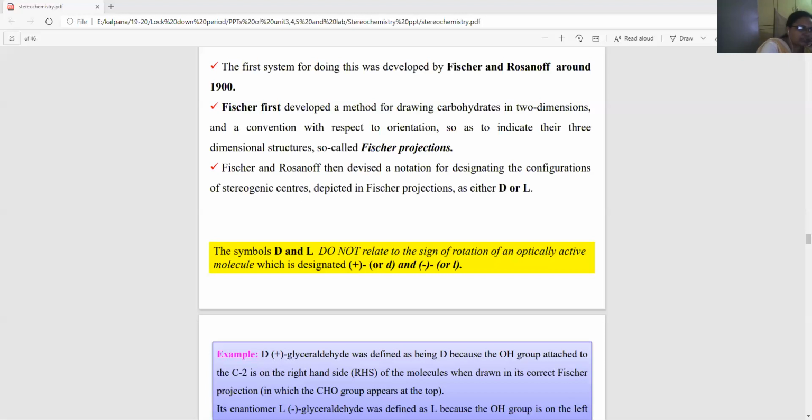Eclipsed part comes at 120 degrees. So you can have these degrees mentioned also. If the dihedral angle is 0 degrees, then it is totally eclipsed. If it is 60 degrees, it is called gauche conformation. If it is 120 degrees, it is called eclipsed conformation. If it is 180 degrees, it is anti conformation. If it is 240, it is eclipsed again. Then 300, gauche, and then 360, totally eclipsed. So this is about the conformational analysis of N-butane. Thank you.